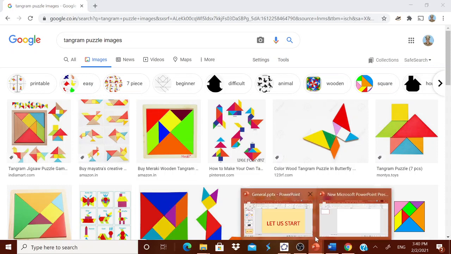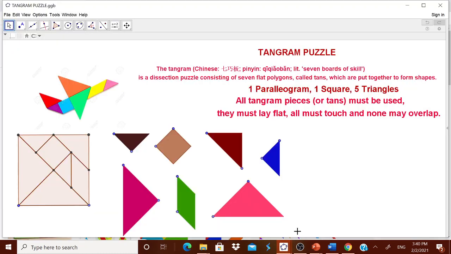And not only that, we can explain to the children a lot of geometrical ideas. For example, what is the area of the Tangram piece? Taking the area of the smallest triangle as 1 unit, you have to find the area of the other Tangram pieces.